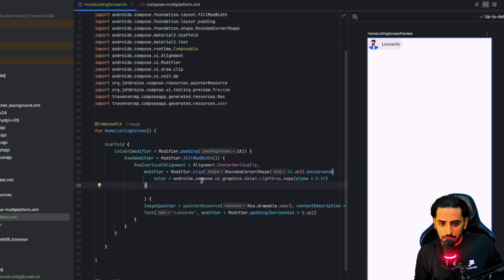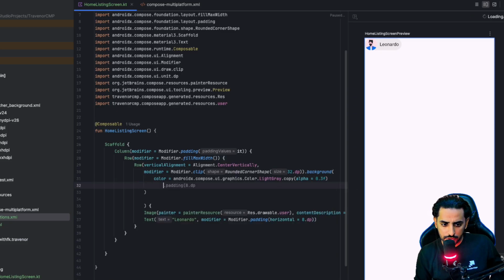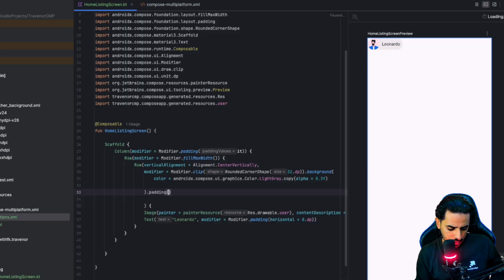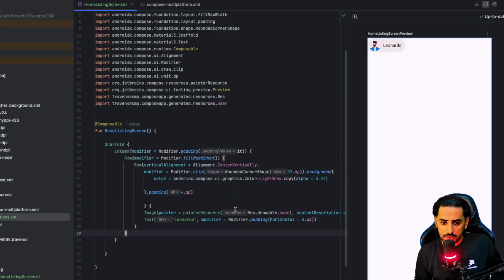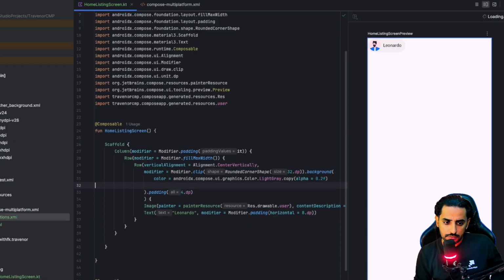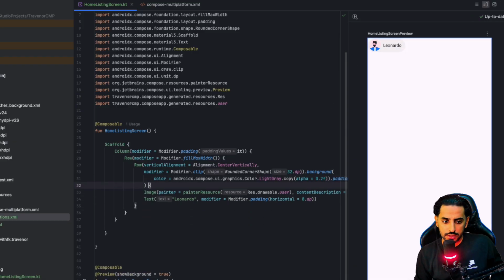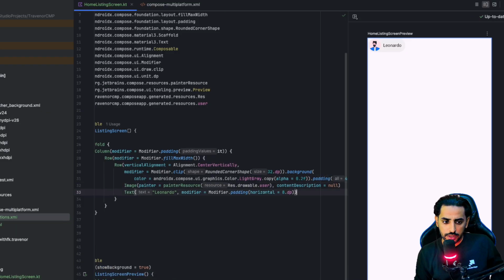Now there's just one thing I believe we should also do, and that is going to be a padding. A little bit of padding we should add. So I'm going to add padding 4.dp, so that it leaves some space from top, right, and left. And this is that. 2 should be enough. Okay, now we have this thing in place, right? And the next thing would be to draw the